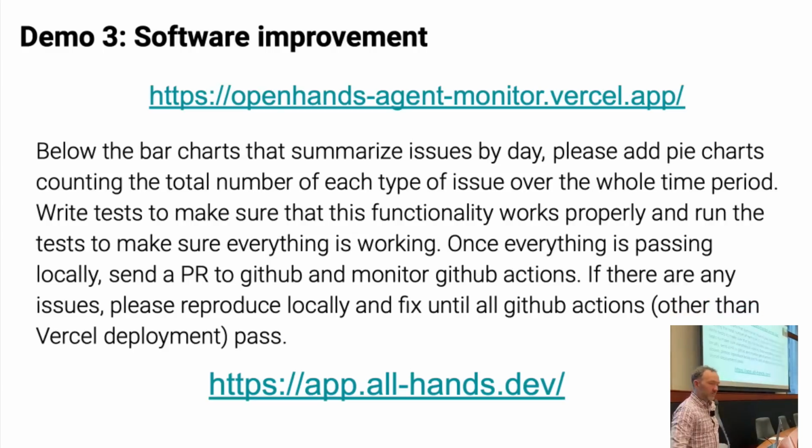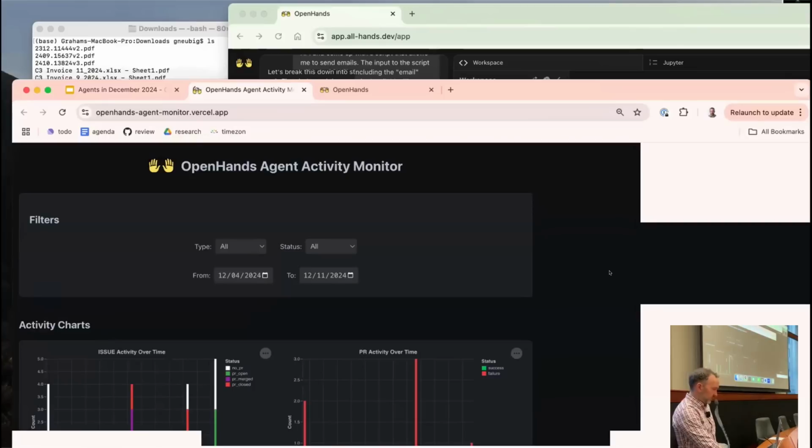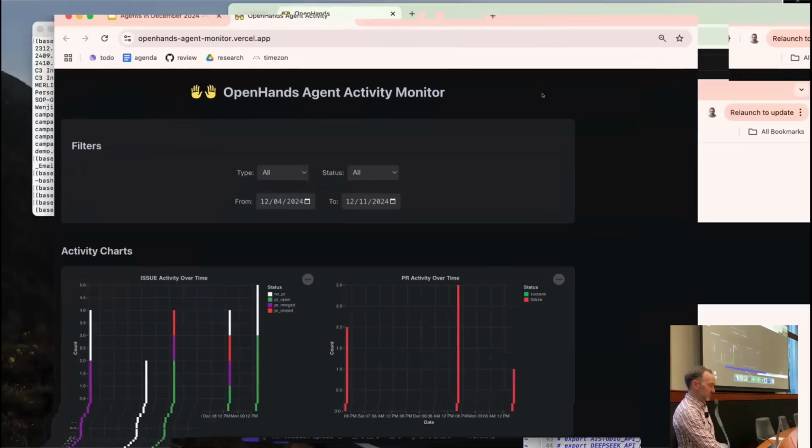And let's go with the last one. The last one I do is improving existing software. Once you write software, you usually don't throw it away. You go in and actually improve it iteratively. This software that I have is something I created without writing any code. It's basically software to monitor how much our agents are contributing to the OpenHands repository. Let me make that a little bit bigger.